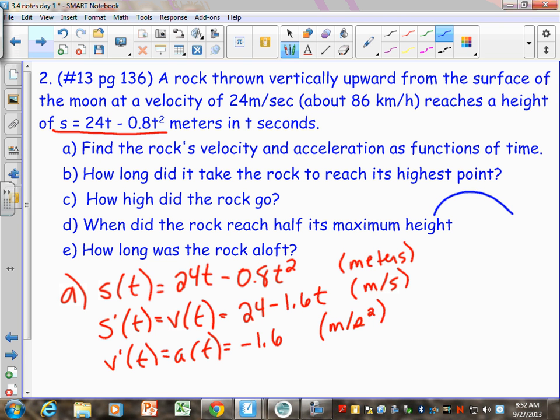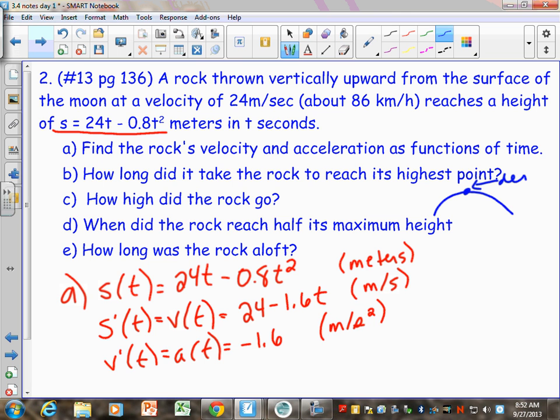What do we know in terms of calculus about the derivative at a turning point on my graph? The derivative is 0, which means to find the maximum of this, I no longer have to think about putting it in vertex form or figuring out what that maximum is. I can just say, to find when it reaches its highest point, I can just set the derivative, which is the velocity, right, equal to 0. Also think about, do you agree that at that turning point, the velocity is 0? Like it kind of goes up there and it stops for a split second and then it goes back down? Like it has no velocity at that point? So that's another way to think of it.